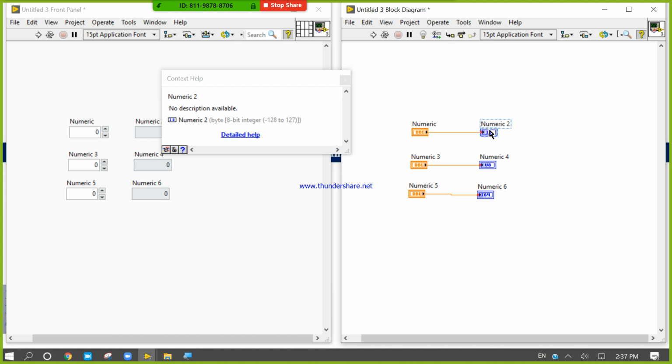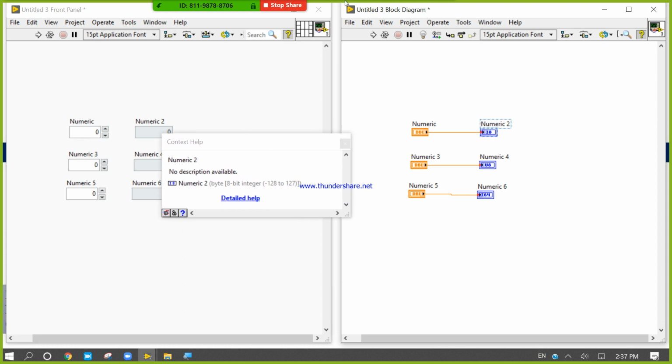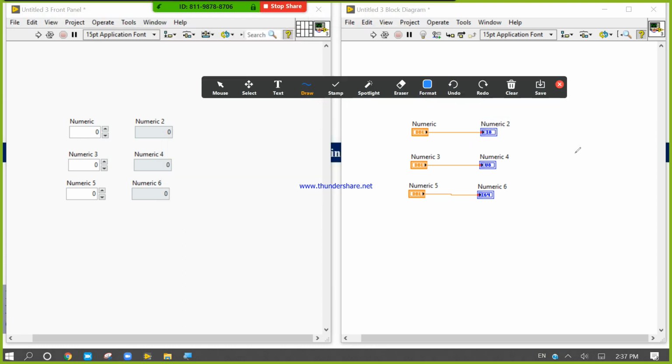It is I8 bit. I8 means 2 to the power 8. Okay, let's see, where is the annotation? For the I8 bit, this is 2 to the power 8. For this one, it is also 2 to the power 8. For this one, it is 2 to the power 64.